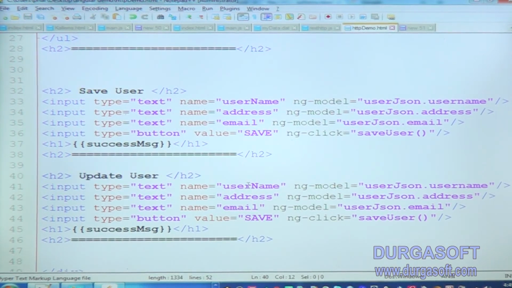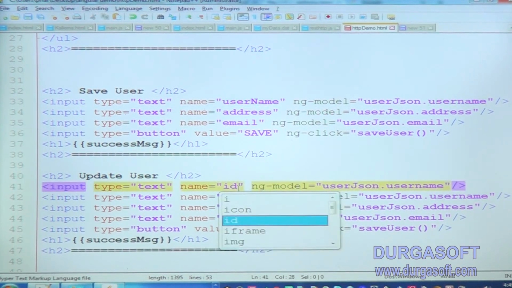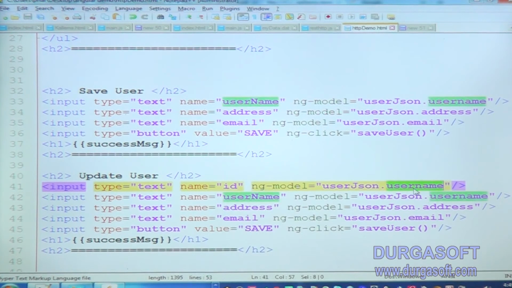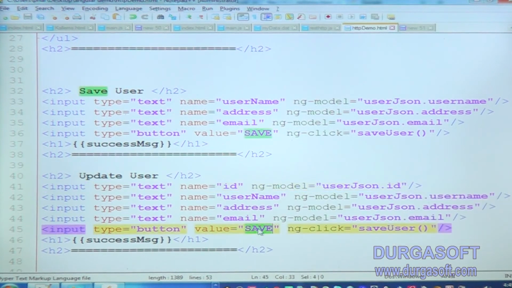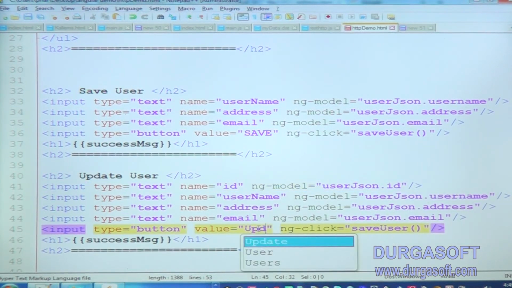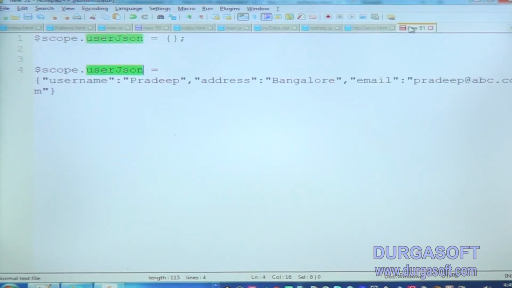So input type equal to username, and I need one more input type equal to id. So username is user.json.id, and these are the values I am trying to update. So ng-click update user. This is for updating the user information.